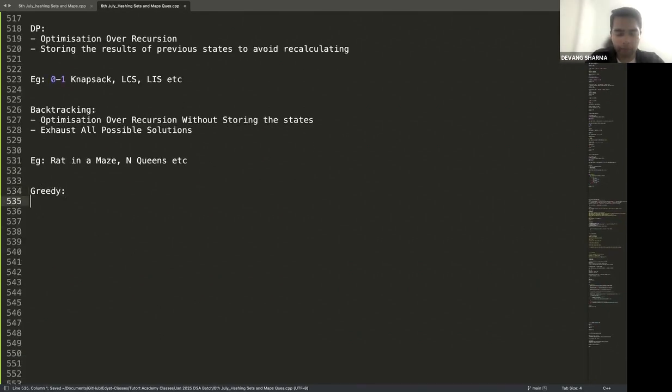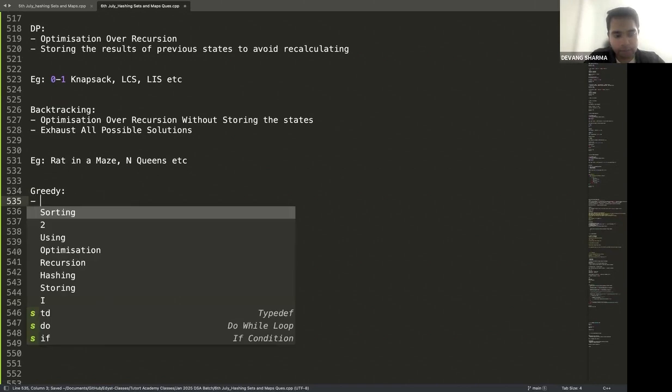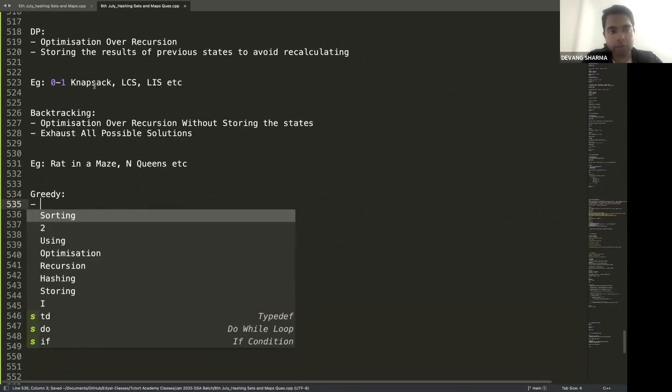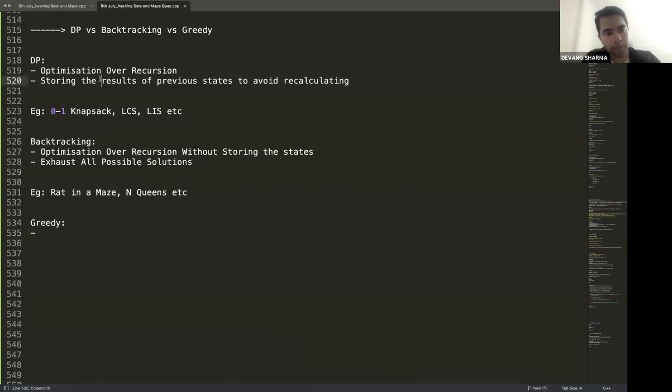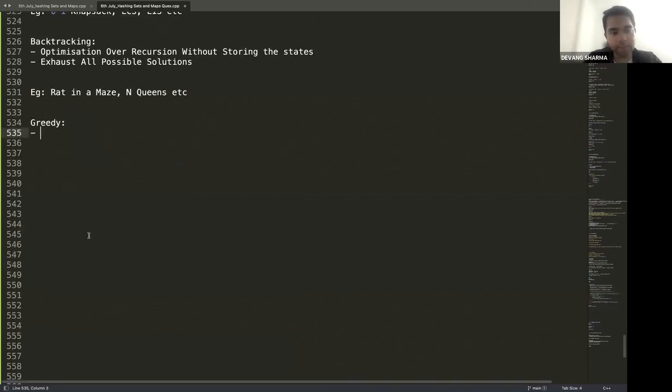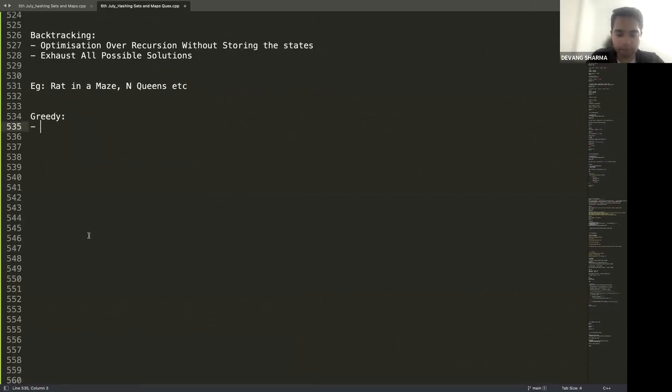Greedy. Greedy has nothing to do with recursion. These two algorithms, DP and backtracking, were optimizations over recursion: one with storing the state, the other without storing the state. Greedy is a different set of algorithms, nothing to do with recursion. The name itself says greedy means find me the best solution